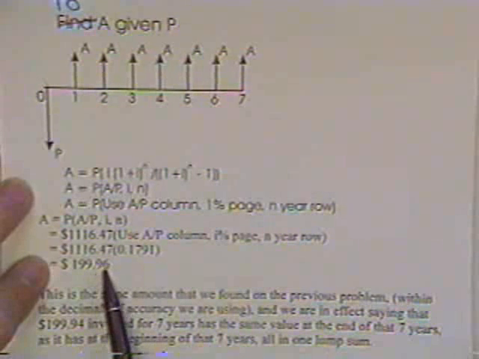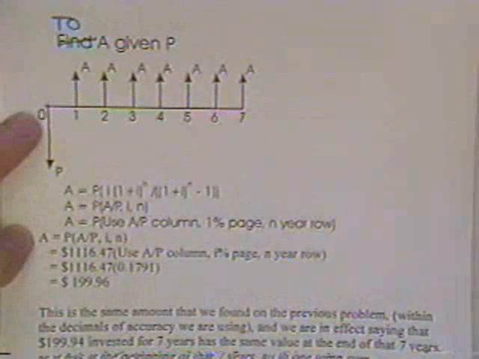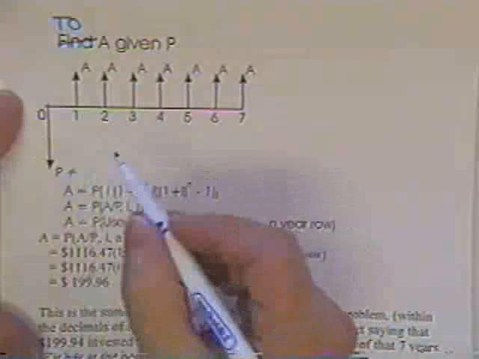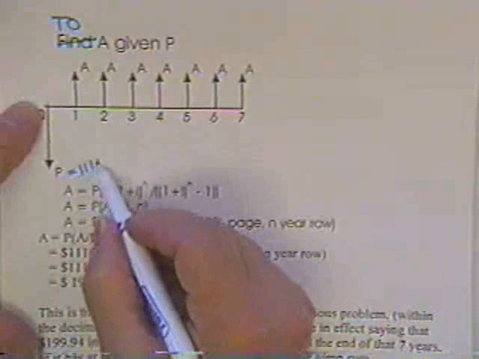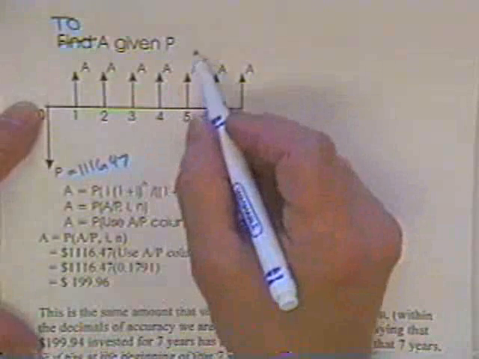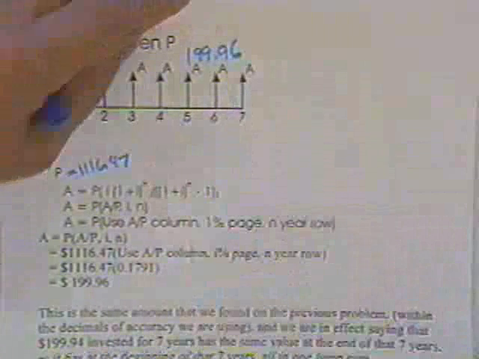So what it kind of sounds like is that if this, where you put in 1116.47 and can take out 199.96